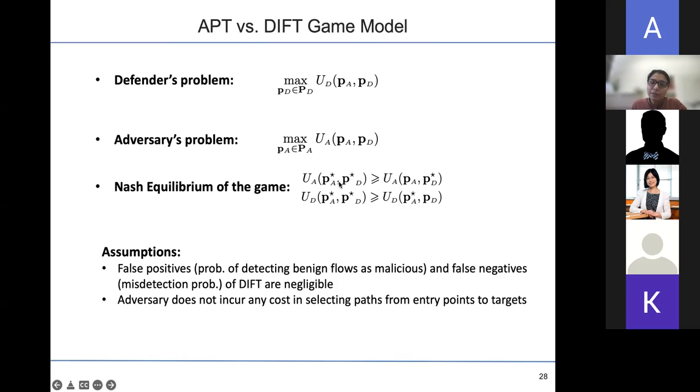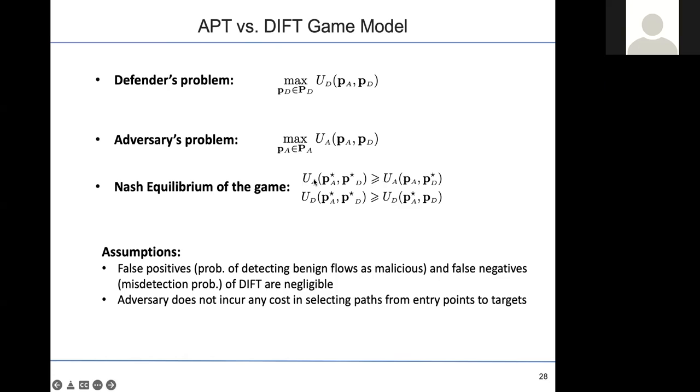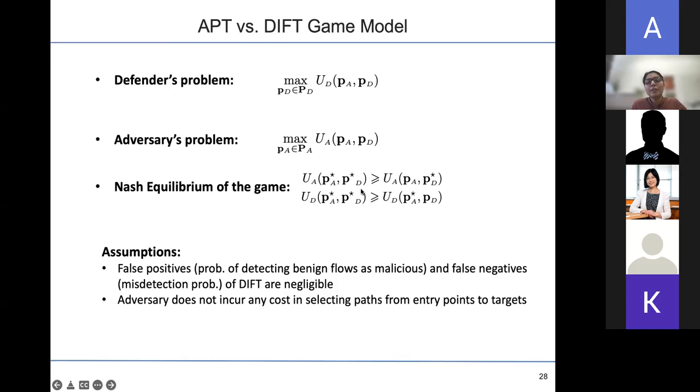So in the first equation here, if the attacker was deviating from the Nash equilibrium policy PA star and choosing some other policy PA, then its payoff is less than or equal to the Nash equilibrium reward, right? Likewise for the defender as well. If the defender was deviating unilaterally, single-handedly deviating from that equilibrium, he would never improve. So that makes this PA star, PD star an equilibrium, which is referred to as Nash equilibrium in literature.